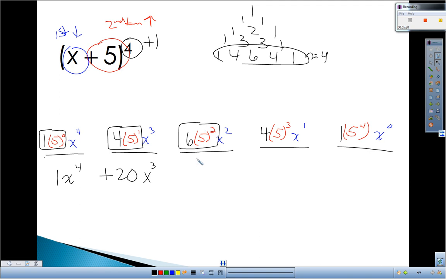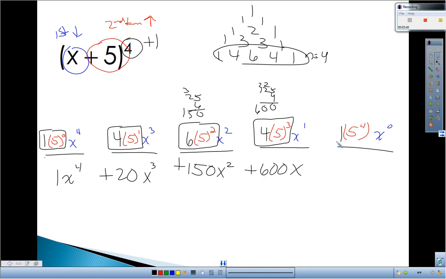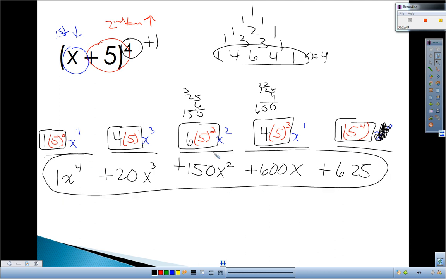Then 6 times 25, that's going to give me 150, so 150x squared. And then 5 to the third times 4, that will give me 600, so 600x. And then 5 to the fourth gives me 625. And remember, anything to the 0 power is 1, so we don't need to put that one. And so there is my answer, which happens to be a quartic